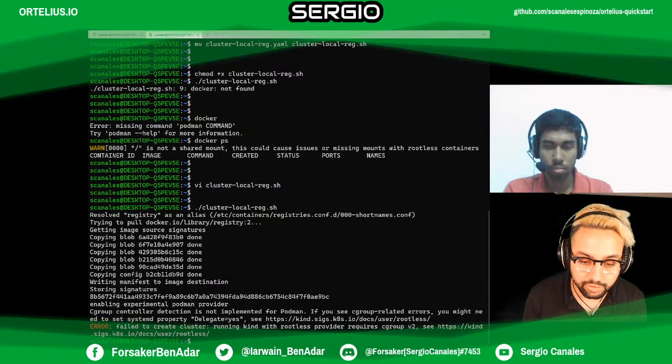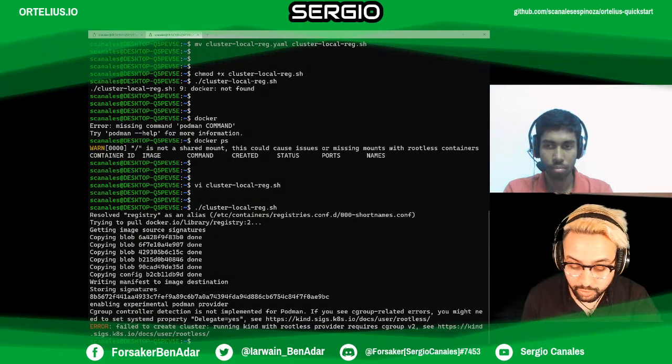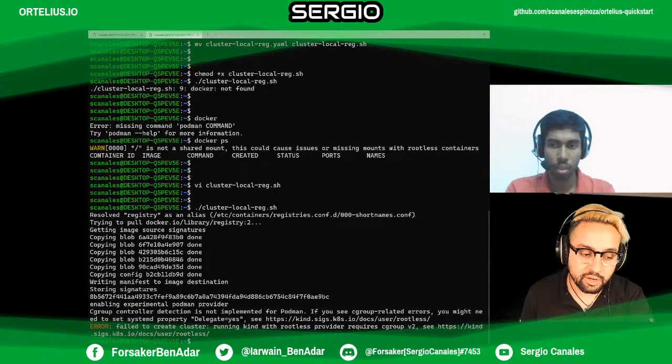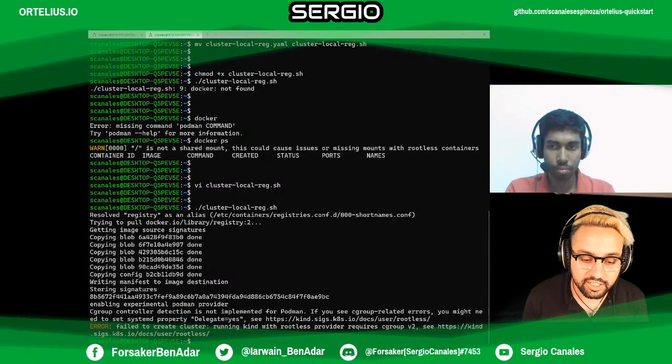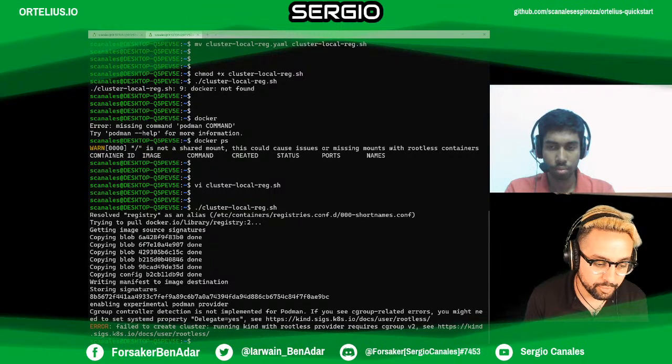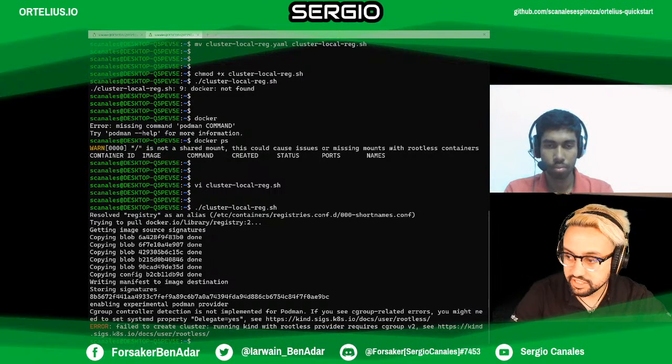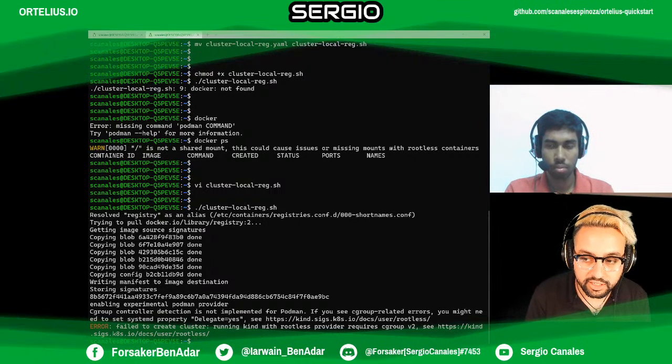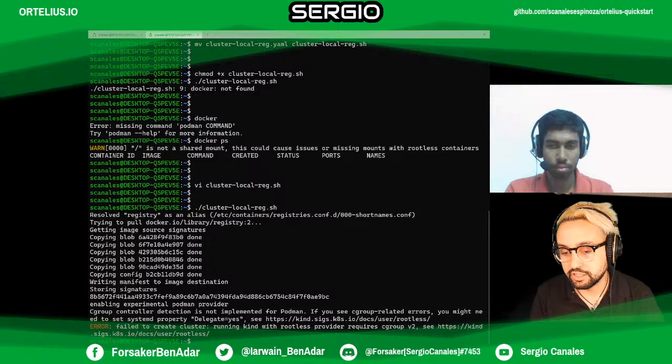You need to use it in a rootless way because the cgroup restrictions are not letting kind install with root privilege. So there is a way to install in a rootless way, that is putting this property about delegating yes. It's like saying, okay, I'm not going to administrate the permissions, I'm going to delegate it to the system. So that's the way you can install a Kubernetes cluster in a rootless way.